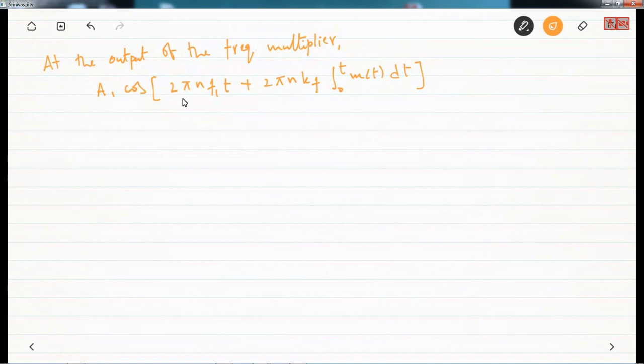So you get this, and then again consider when m of t is equal to am cos 2 pi fmt. We get the output of the frequency multiplier as